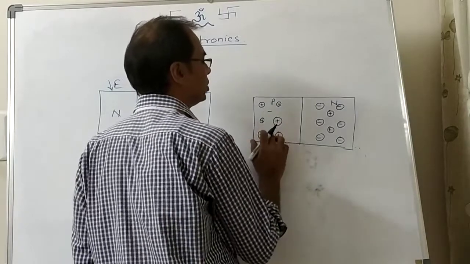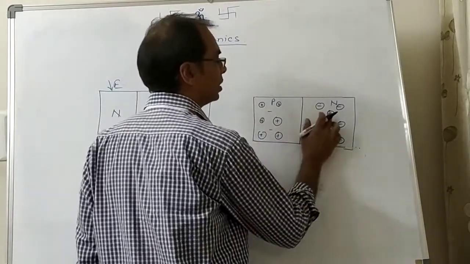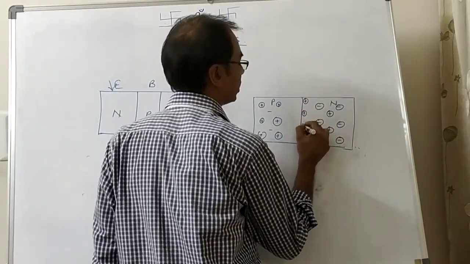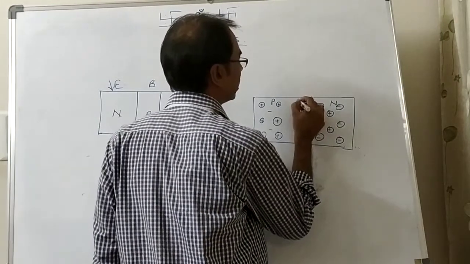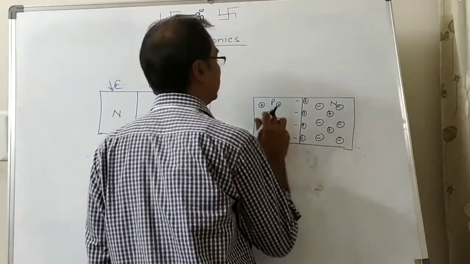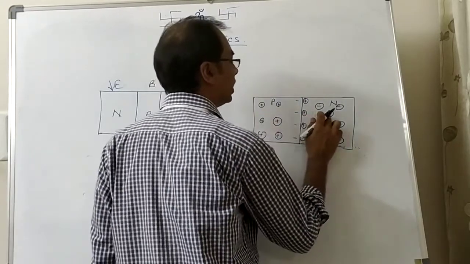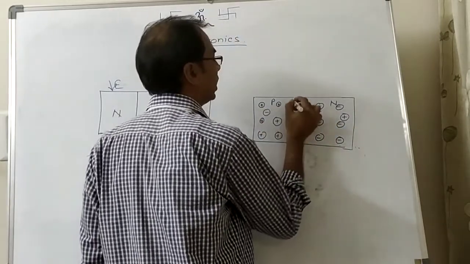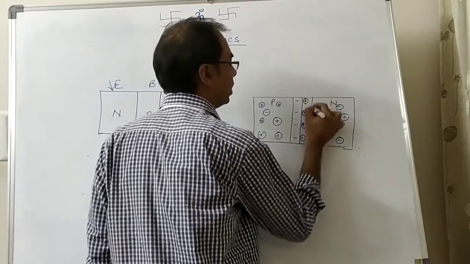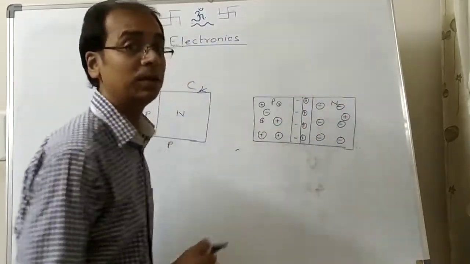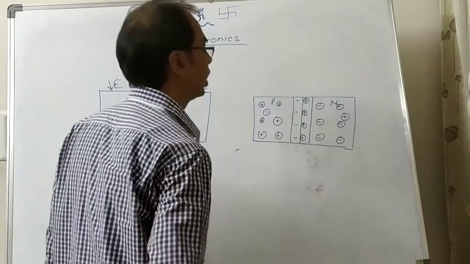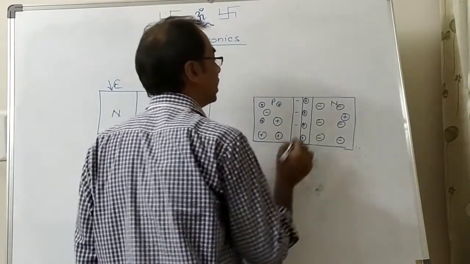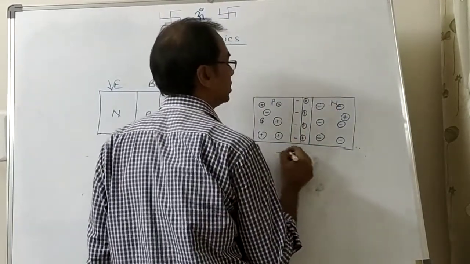The minority charge carriers actually start moving. These positives come to this side, and these negatives come over here. So these minority charge carriers have migrated. There will be a few more over here also, but they migrate. That's why they are depleted, that's why it's called depletion layer. They form the depletion layer here, they have taken the space. So this is the depletion layer.